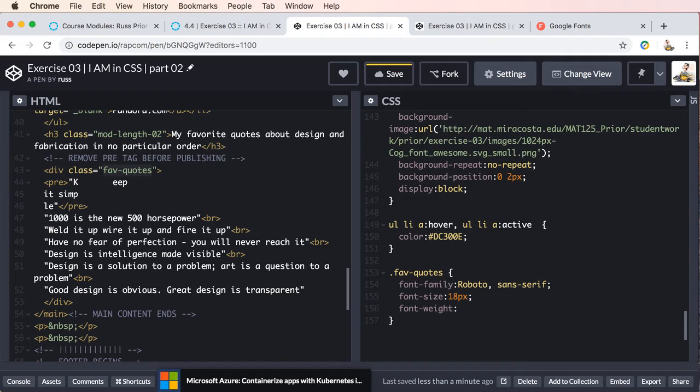And it should default to the 400. Let's go with 700. So we'll have a bold font weight. And then we'll add line height. And let's go with like 30 pixels. So we'll get a lot of space in between. And then we need to set the width. So I'm going to set the width to